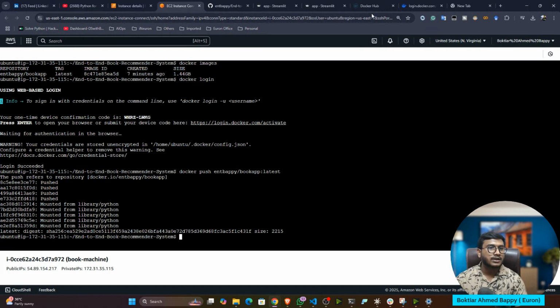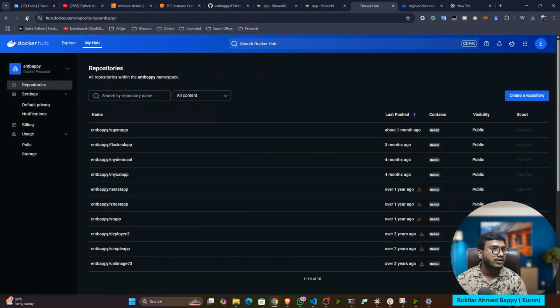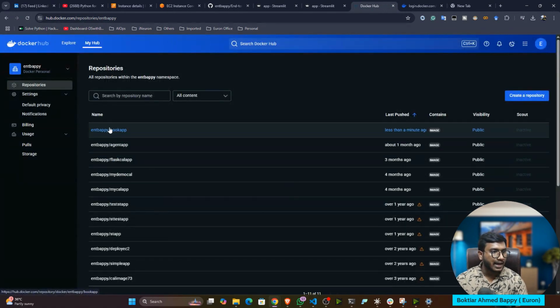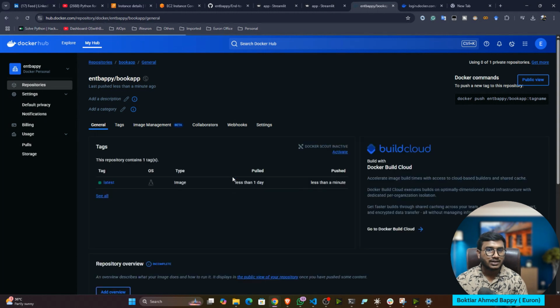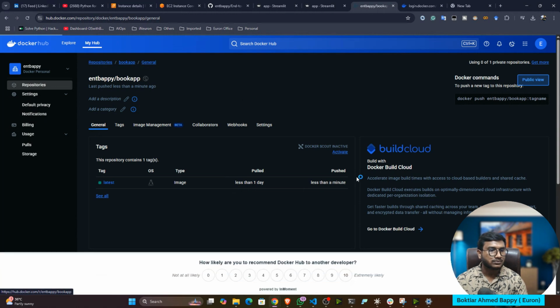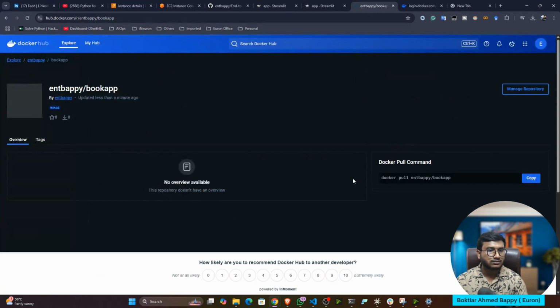Now it's done. If I go back to my hub and refresh, now see, the book app is there, only less than a minute ago. Now if I want to get this particular container or image, if I show you the public view, this is the command.